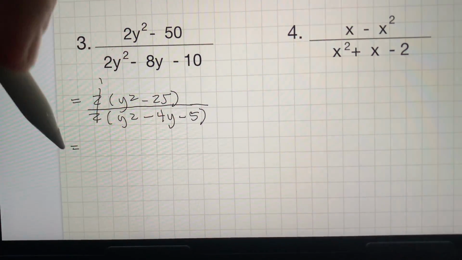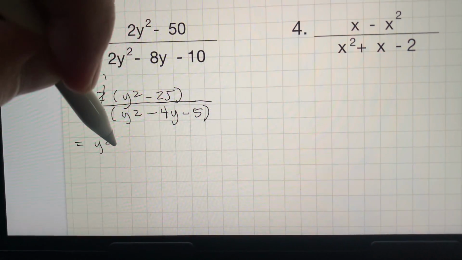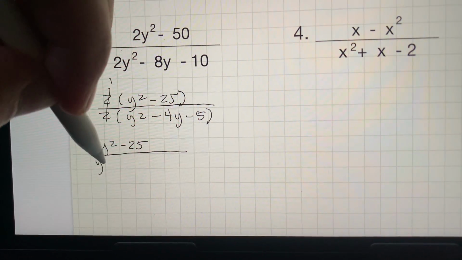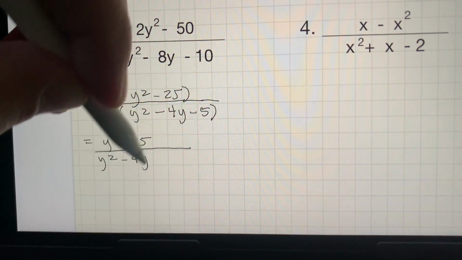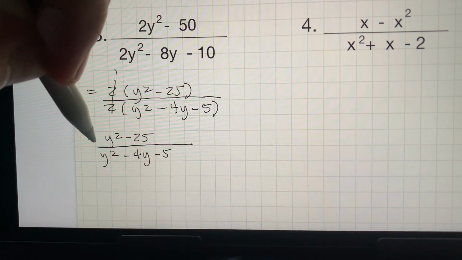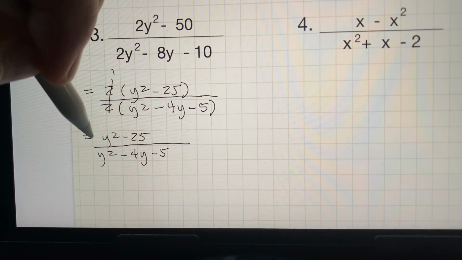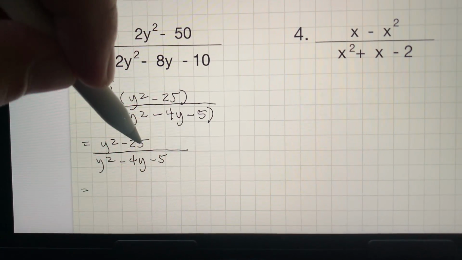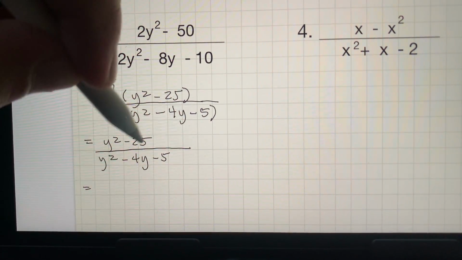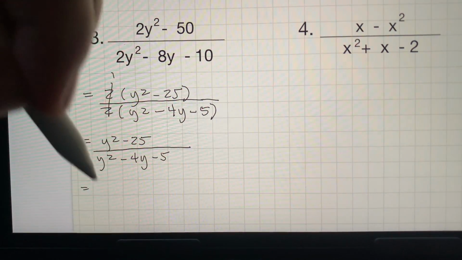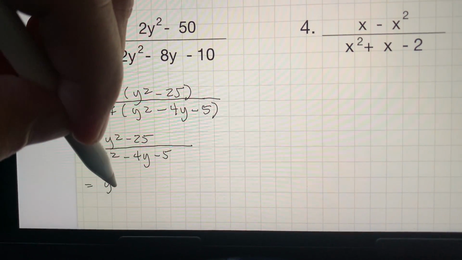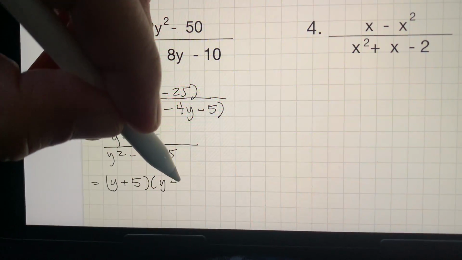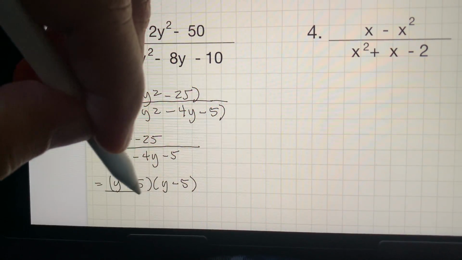So now the equation is y squared minus 25 over y squared minus 4y minus 5. By difference of squares, I can simplify the y squared minus 25, and I know that that would be y plus 5 times y minus 5. The bottom part